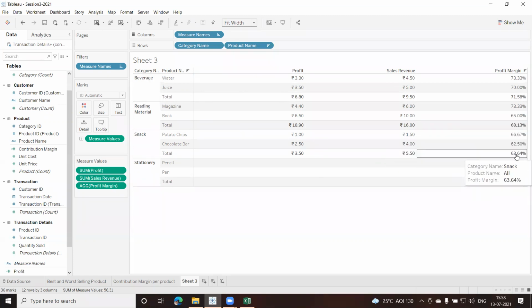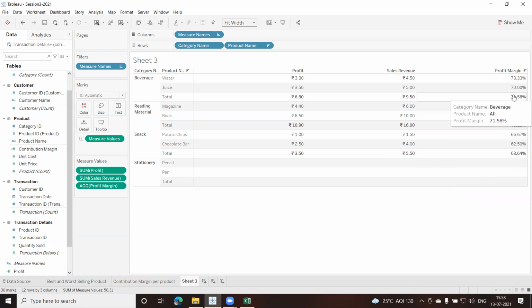Look at the highest profit margin. Beverages are giving me the highest profit margin, and the two products under that are water and juice. So like this, you can answer the questions and create different charts as well.